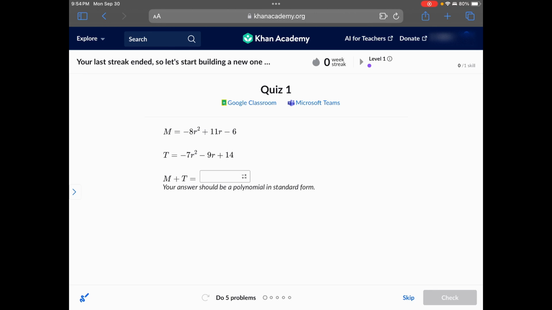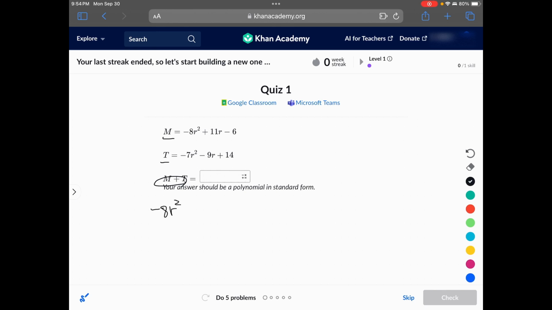Question number 1. It's asking about addition with both polynomials in this question, so I'm just going to add it. So we have the figure of m and t. In asking about just adding up, which is addition, so we'll see